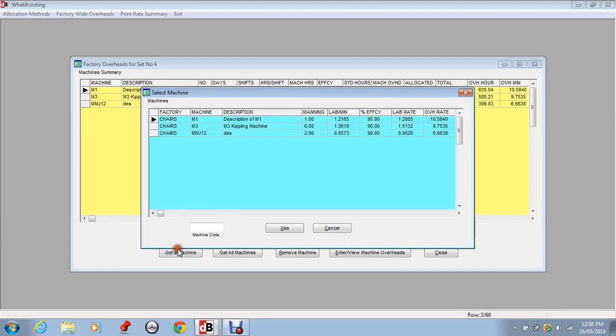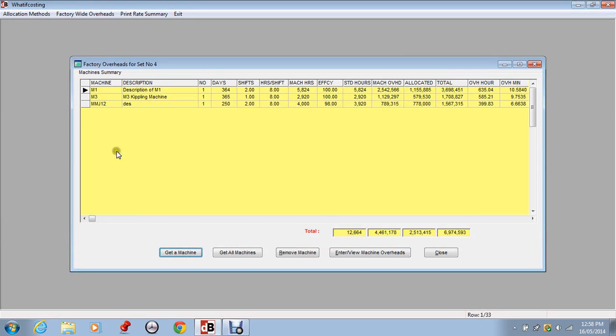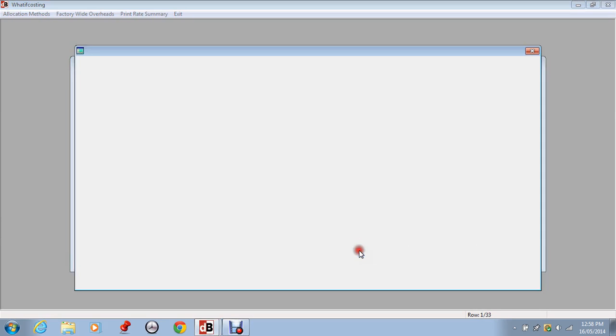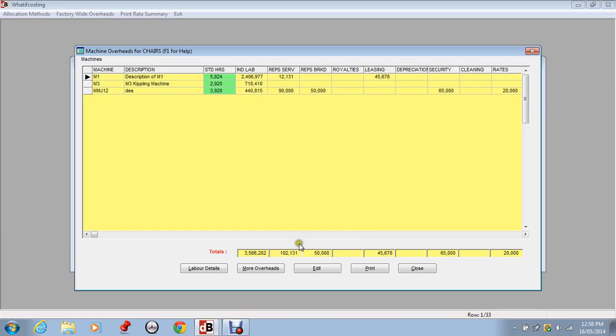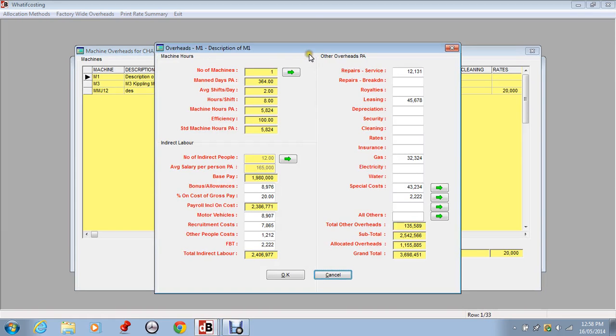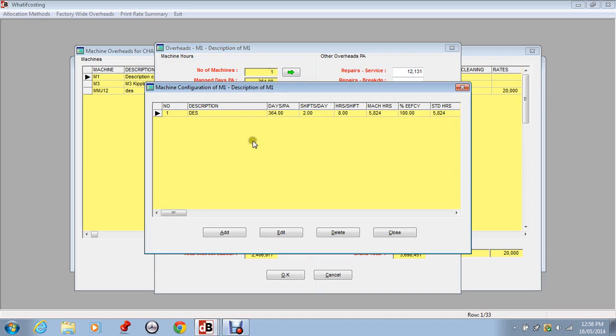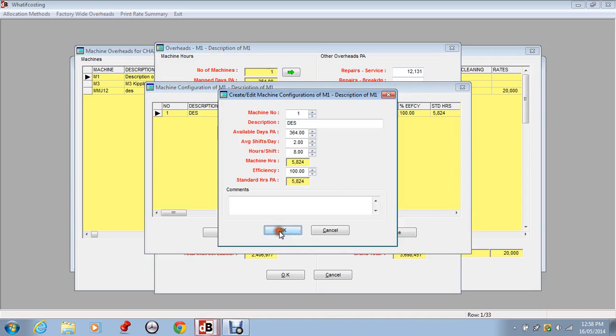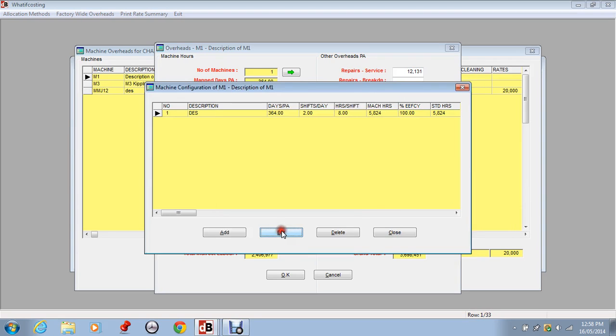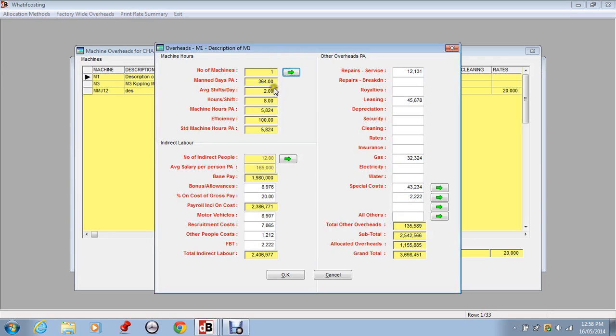So you can bring a machine in, add it to the list, then go in and do its overheads. So let's edit this. So in here we have, first of all, the machine hours that have to be determined. With machines you can have several detailed machines making up one machine, and each machine has available days, shifts per day, hours per shift, total machine hours available, and then efficiency to give you standard hours per annum. And they are the standard hours that are going to flow through here to give you a base for